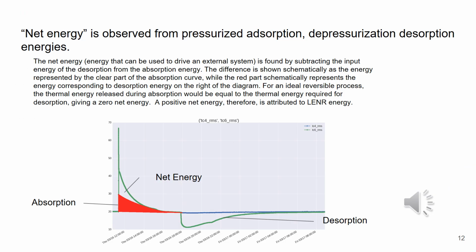The net energy shown in this schematic is defined as that energy which can be used to drive an external system. It is attributed to the LENR energy produced by LENR reactions. It can be obtained from the data in these experiments by taking the energy from the desorption curve